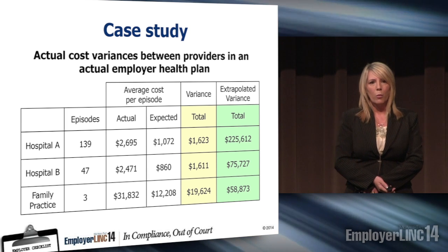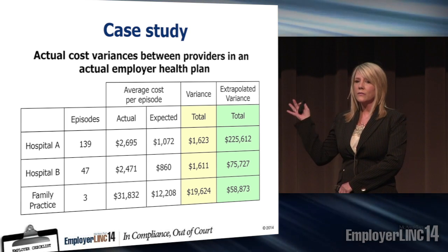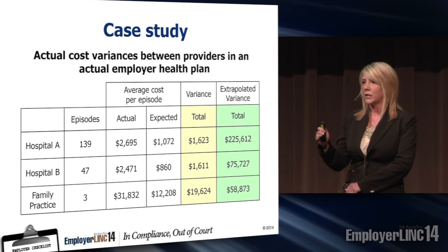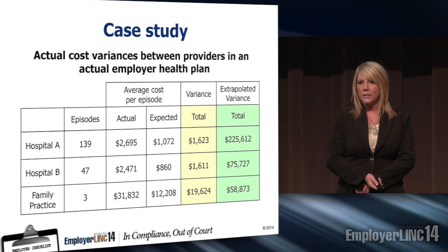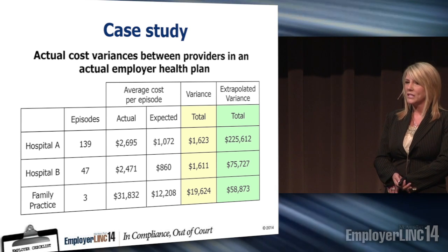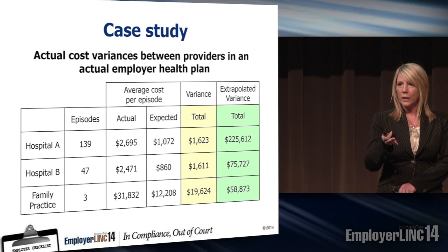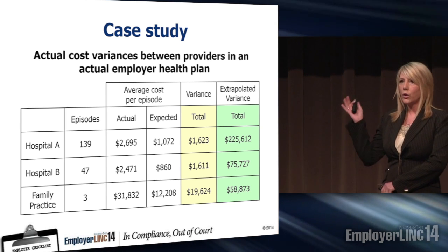And this is just an example of what we're talking about around managing the claims that are up to the stop loss limit. This gives you just an example of what we're seeing. Traditionally, that $225,000 number is something that would hit the radar of your case manager. If that was one claim, it would be on the radar all day long. But looking at this, if the expected cost for a certain episode was $1,000 and the actual cost is $2,600, the variance of $1,600 is not hitting anybody's radar. That's just extra that's coming through as a claim. But when you extrapolate that out over 139 episodes, that's worth $225,000 to your plan